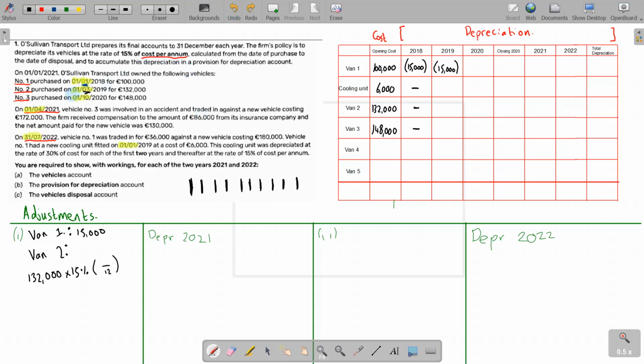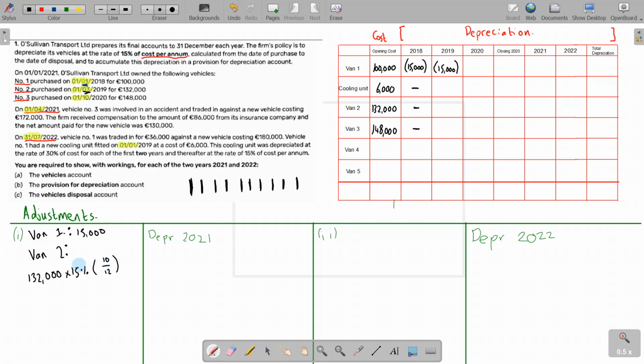And because we bought it on the 1st of March, we have a full depreciation in March. If it was bought on the 31st of March, then we also would have no depreciation in March. So that's very important. The beginning of the year and the end of the year make a big difference. So we're going to get 10 months of the whole 12. So 132,000 multiplied by 15% multiplied by 10 over 12